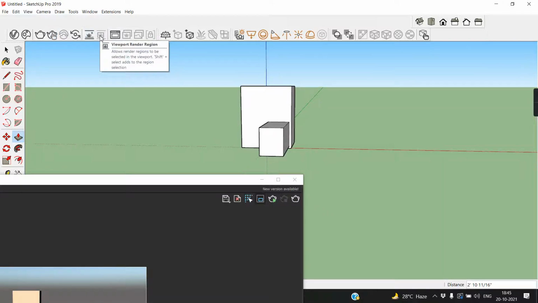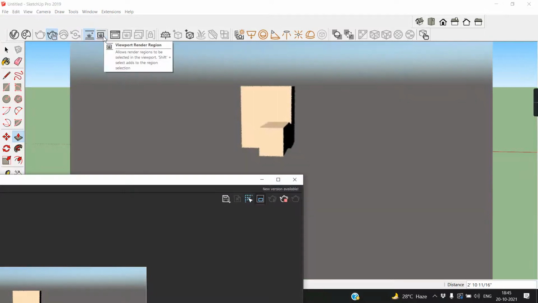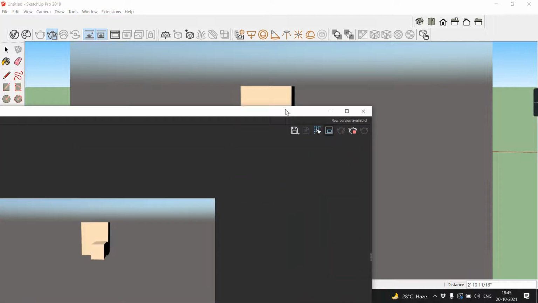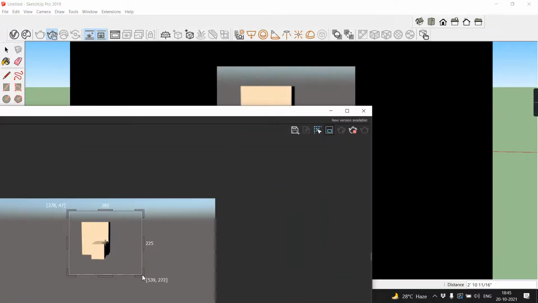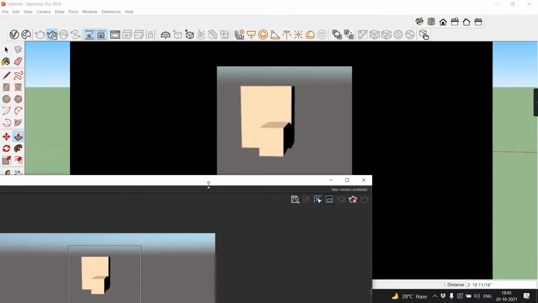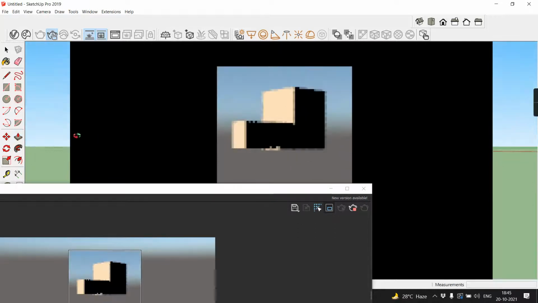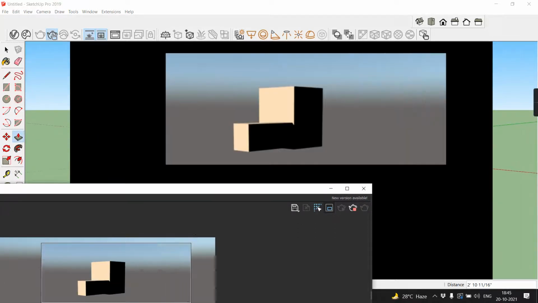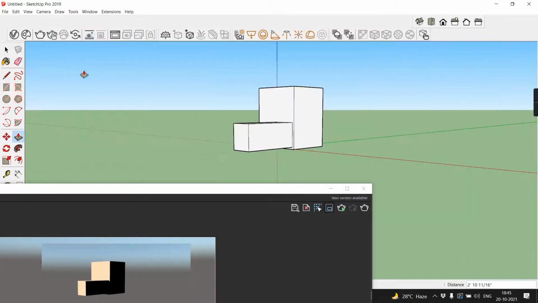Okay, this is viewport region. If I click and make a region, see, only this region will be rendered. Or the same way, if I switch off the viewport, I want just interactive. So in the same condition, I have a region.